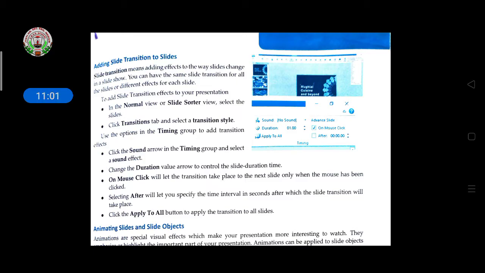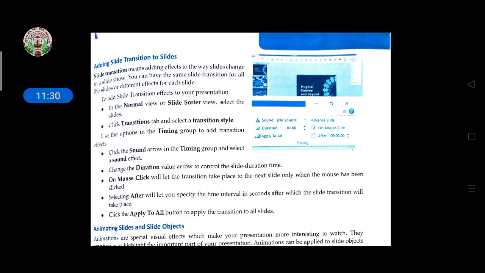Like this you have to plan first, and after that you have to set the time, how much time you want, one minute or half a minute or 1.5 minutes, like this. So this slide transition will help you to select the time of your presentation.